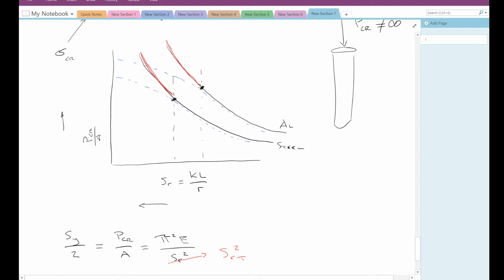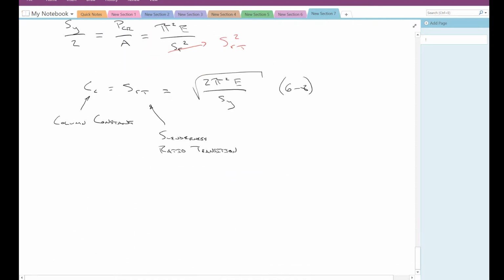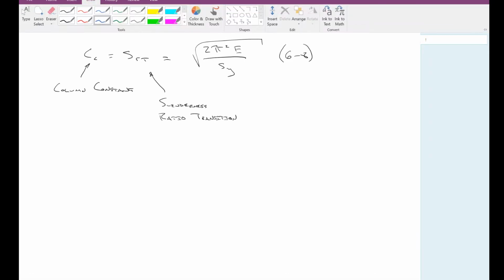Well, where these intersect with the ordinate, the y-axis, is at the yield strength of the material. Right? So this point right here, where the dot is, is our column constant, or our slenderness ratio in transition, based on our material modulus of elasticity and yield strength. Right? So with that in mind, we're going to move on to section 6-7